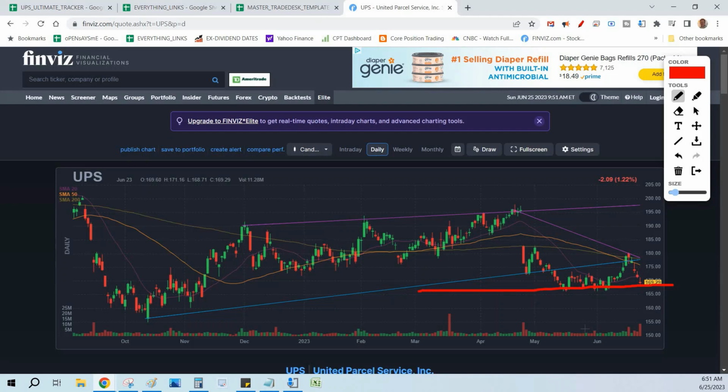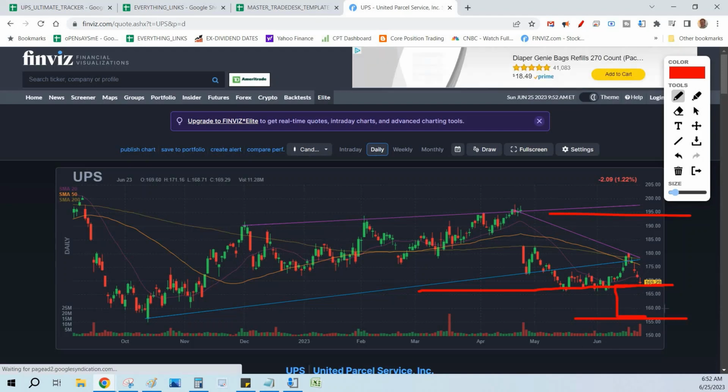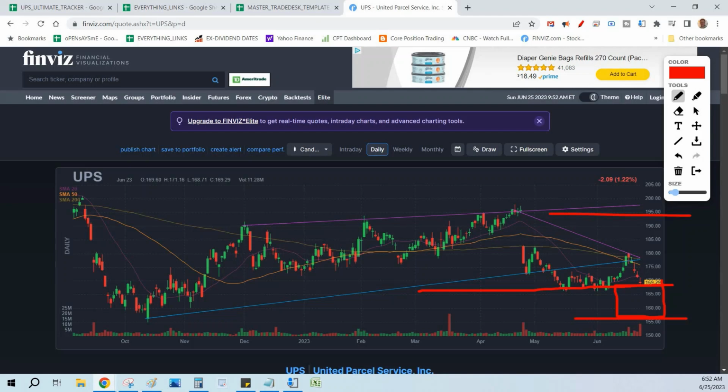So the one thing I told the members is this: we're either going to 150 or we're going to 200 with UPS. That's my opinion. The strike news is that big. If they go on strike, you could bet Wall Street's going to sell them off. That's just the way it is. Uncertainty, Wall Street hates. Now, if they get any sort of good news and they avoid that strike, I believe